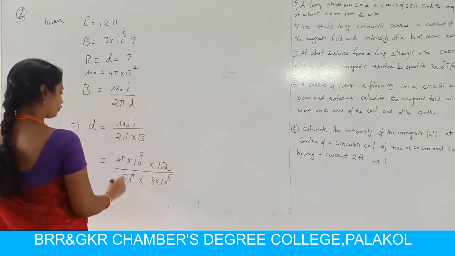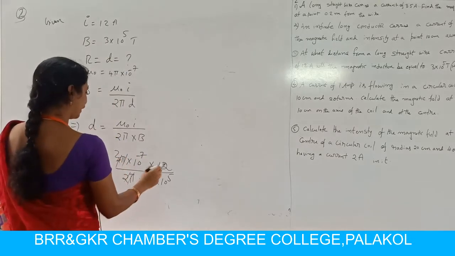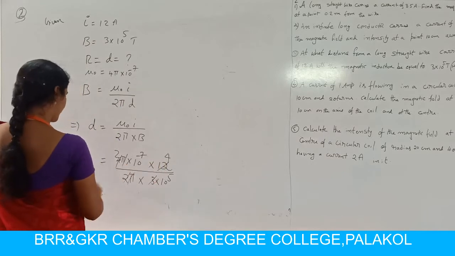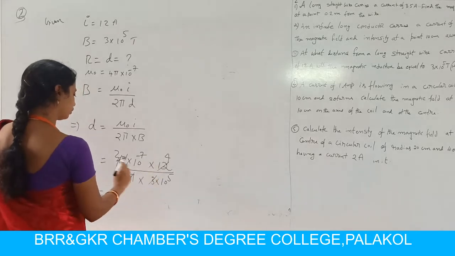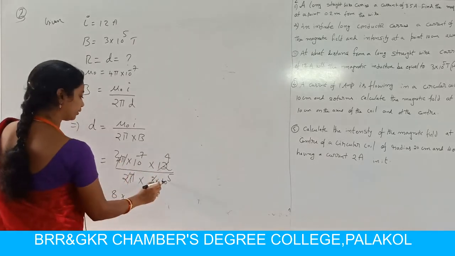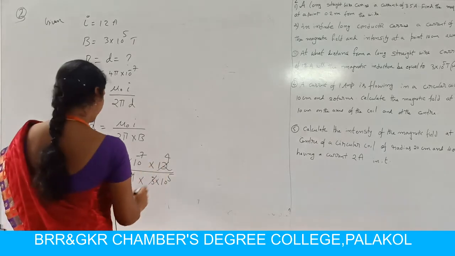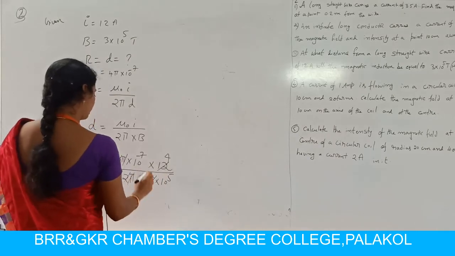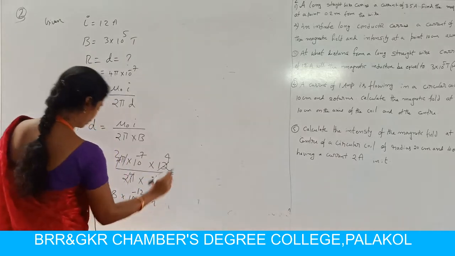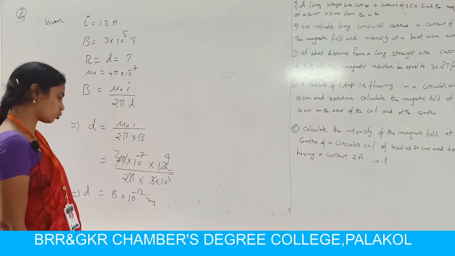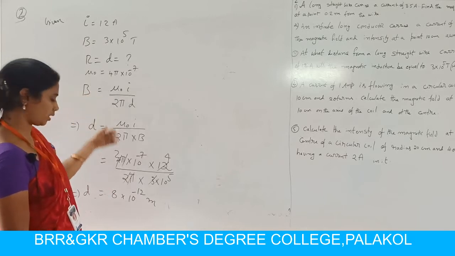So by cancelling this 4 pi and 4 pi, 2 in 2 times, and also this 3 in 12 4 times, we have this distance d equal to 8, here 4 and 2, 8 into, in the denominator, 10 power 5, then it becomes 10 power minus 12. What are the units for distance? Meters. So d equal to 8 into 10 power minus 12 meters. Here the distance which is asked in our problem is calculated.